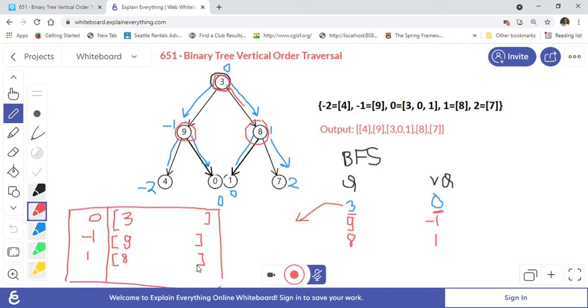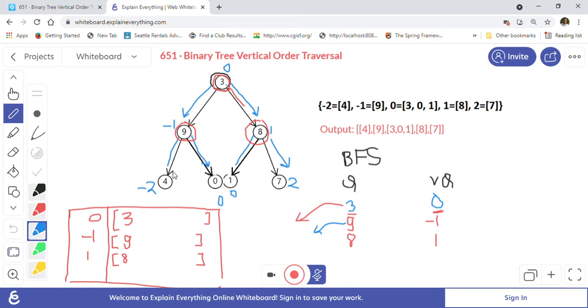Now in the next iteration of the BFS, breadth first search, we will take 9 out and 8 out from the queue, because now 9 will be there in the queue. Let me just change the color. Next we will take 9 out, and when we take 9 out, we have to go left of 9.